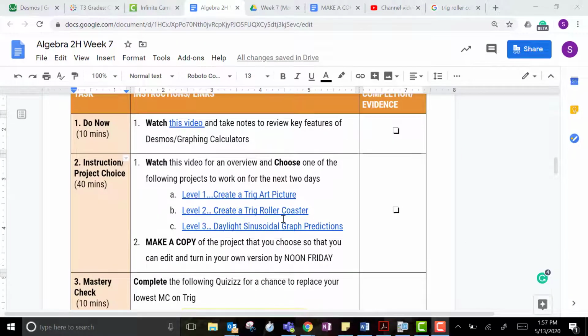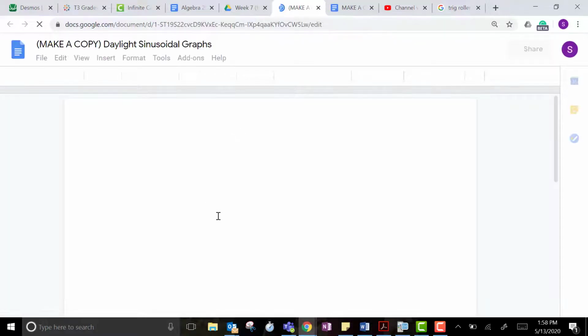Last but not least is the most challenging project, which is your level 3. Now this is going to connect several different dots. We're going to be doing sinusoidal regressions. So this is for if you really want to challenge yourself and you want to dive into some of the deeper meanings of trig. This is very interesting because on this project we will be looking at multiple countries